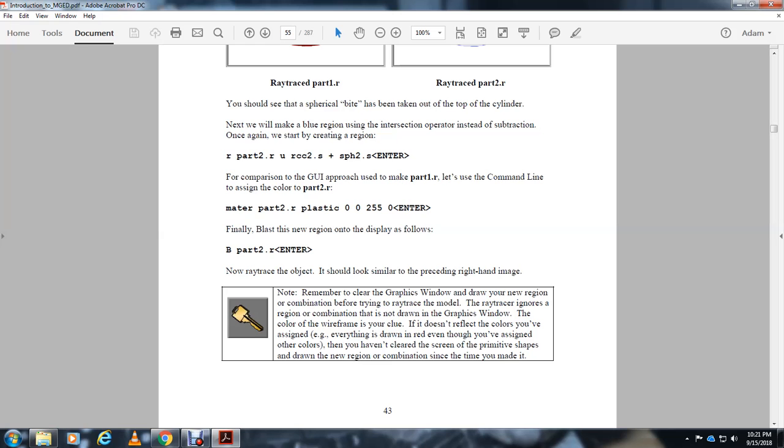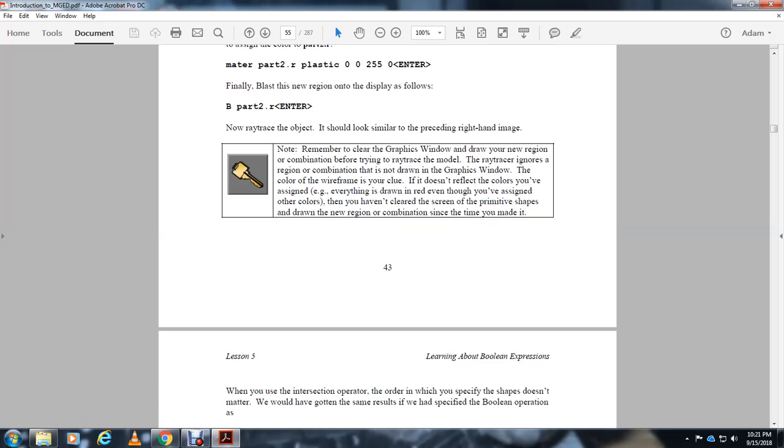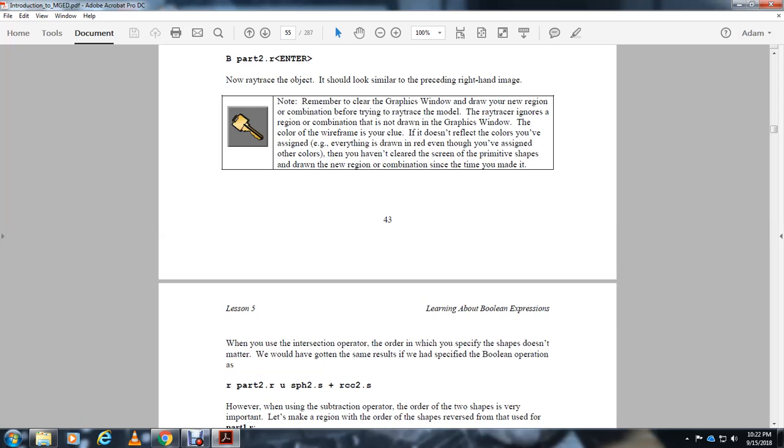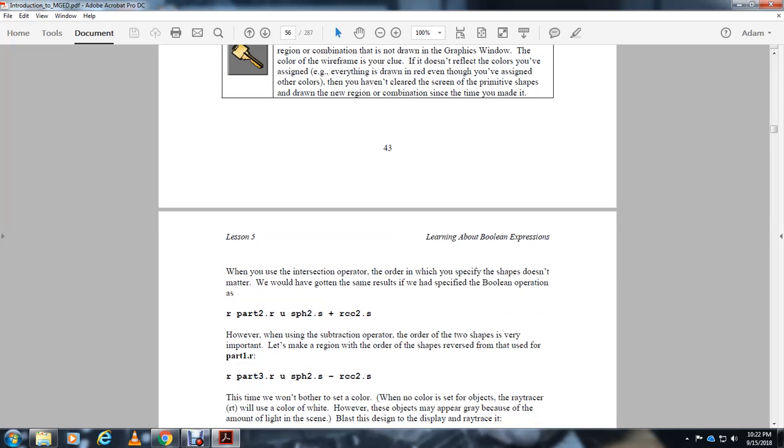You clear the screen with the primitive shape, drawn with the new region combination. When you use the intersection operator, in order to specify the shape, it does not matter whether you get the same result as specified with the Boolean operation. Region part 2: region union sphere 2 and right cylinder 2. When using the subtraction operator over the two shapes,